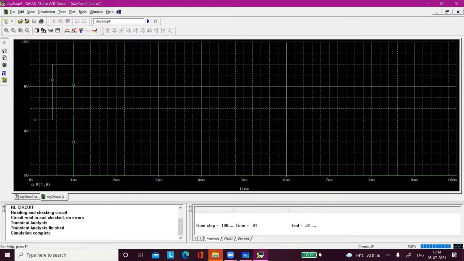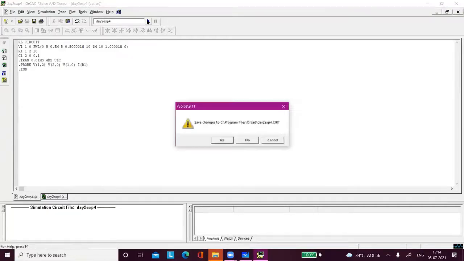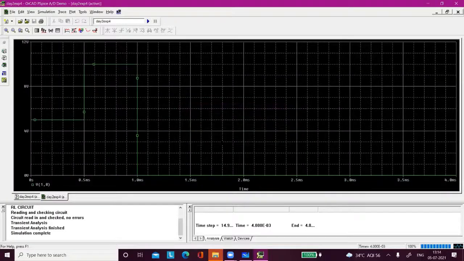Look, can you see? Let us change the final time for a better view, up to 4. Now you get a better view. Can you see how it looks? Is it clear? Yes, sir. So this is the source, this is the applied source. Remember.